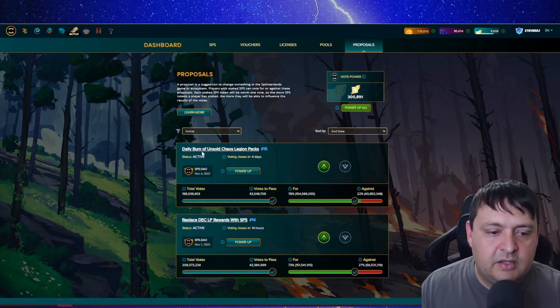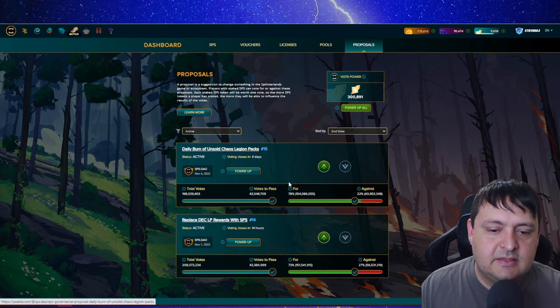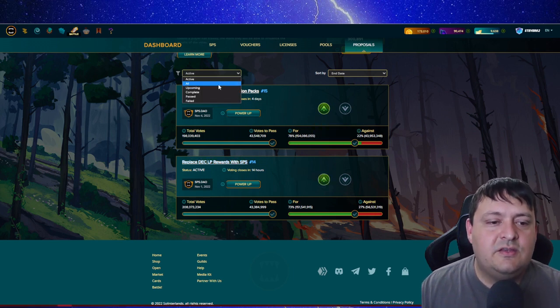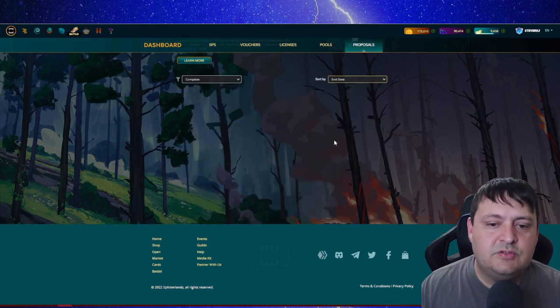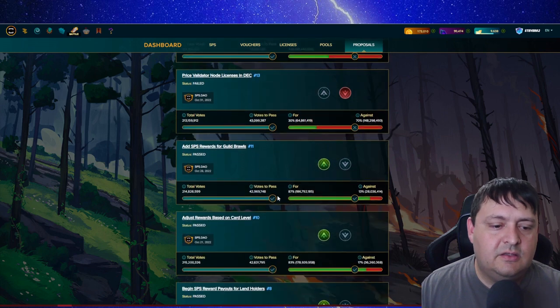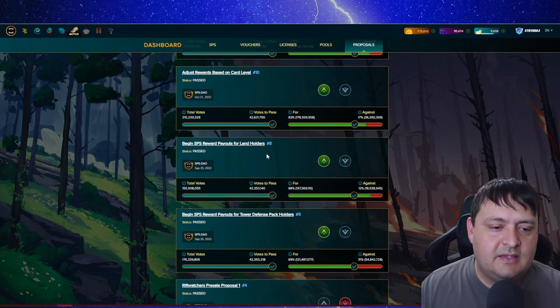Here's the one about burning unsold Chaos Legion packs. I voted yes on this. This is the one to replace LP rewards and give out no more DEC. I voted yes on this, and both of these look like they're going to pass. They do a lot of different proposals. Not all of them pass. As you can see, these ones failed. This one passed,